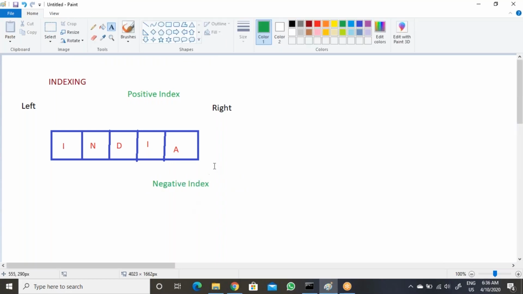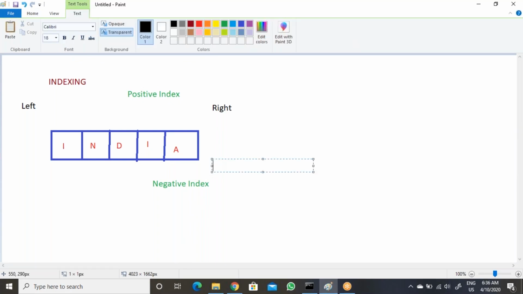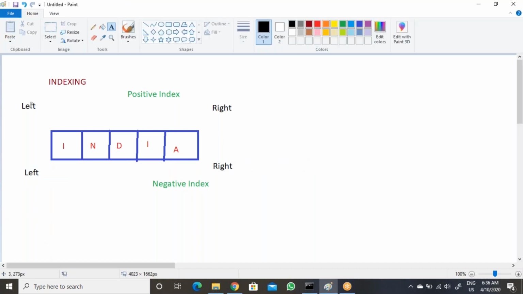So when you say positive index, and then when you say negative index, again it will be right, and then again it will be left.